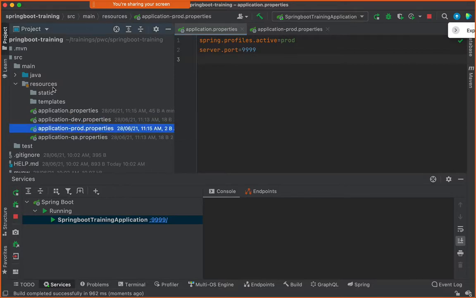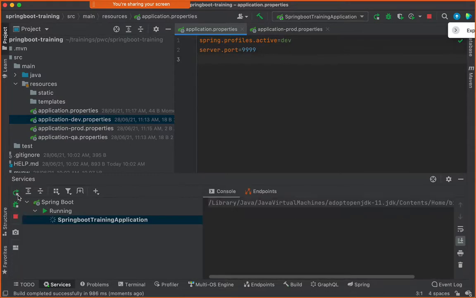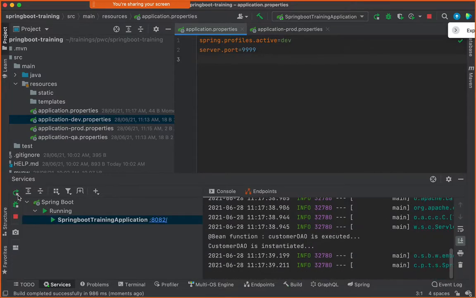See, automatically, did I configure or did I say anything? No, I just keep on putting the properties dev, prod, QA, and so on. That's how it works. Correct. Then over and above this, in the properties file, how do you run this on your cloud? Because here I did make a change to prod, here I did make a change to whatever, I'll say dev. Okay, so now this, when I run on my local machine, it's going to always run on dev. Correct. But when I deploy the same application, do you expect me to keep on making changes to this and generate a jar file and then deploy, then make it prod and then deploy on the prod environment, then make changes over here? Doesn't make sense.